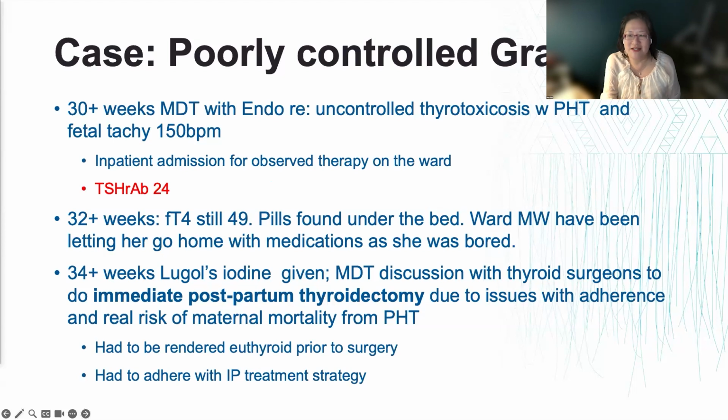The fetal growth was tailing off, so a period of inpatient admission was proposed for some observed therapy on the maternity ward and daily fetal monitoring. This didn't quite turn out to be a huge success due to the various reasons that we found under her bed. And as she continued to have uncontrolled thyrotoxicosis, another MDT was had, and this time with the thyroid surgeons,